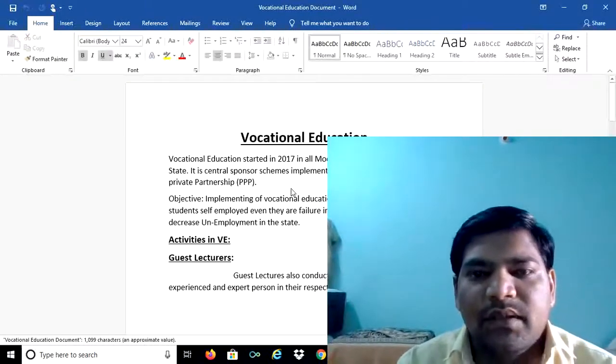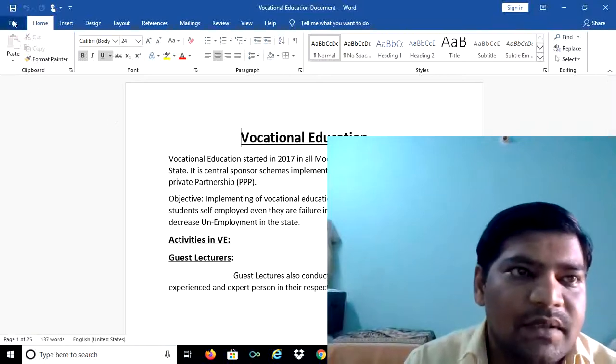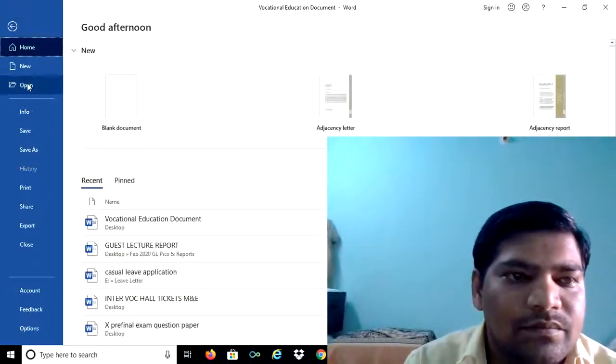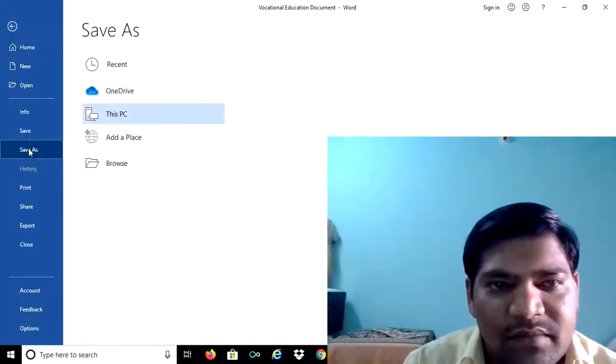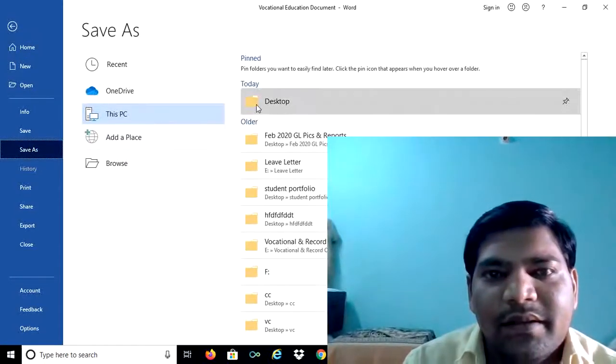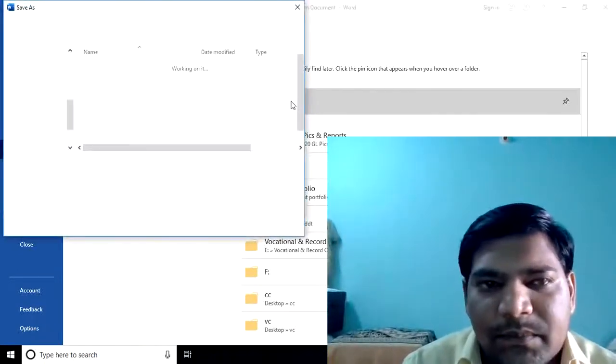Here we want to remove the password. So we can go for the same File option. Then go for the Save As option. Why? Because it is already a saved file. Then go for the desktop.